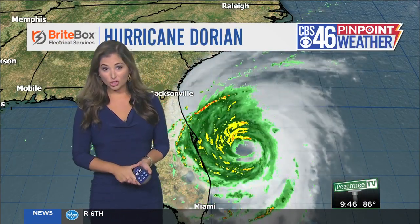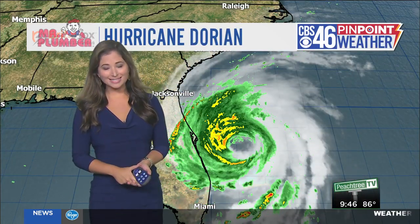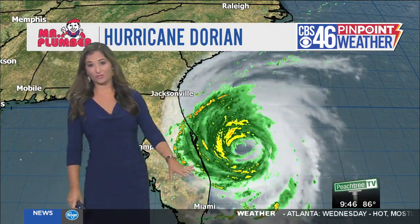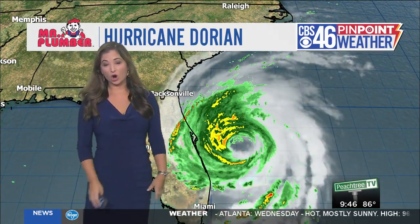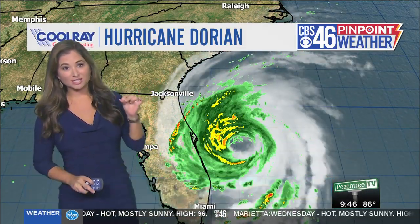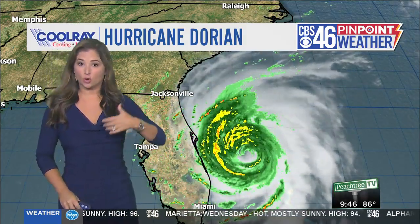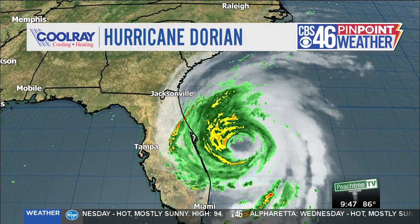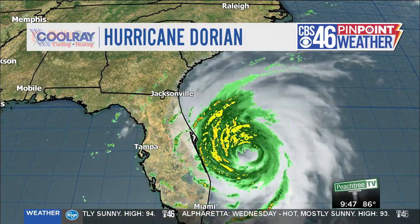Yeah, the storm surge, the rain, the winds, and it's just going to be a mess, especially for the Carolinas. Right now, it's the Florida coast that's getting hit hard. This storm is not expected to make landfall on the Florida or the Georgia coast, but it's going to be just close enough that we are going to see strong winds. We're going to see heavy downpours, and it's that storm surge we're worried about as that storm gets closer and